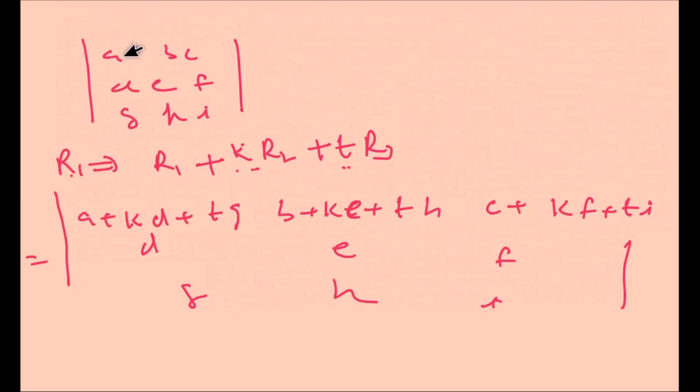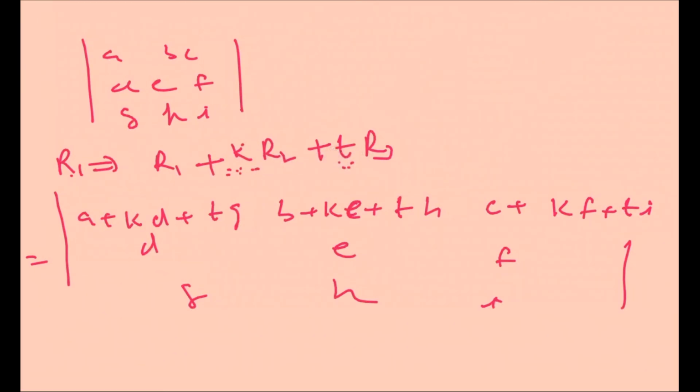Similarly, you can use the property in columns. Column 1 is changed by adding to it multiples of the other 2 columns. The constant may be plus 1, minus 1, 0, 2/3, or 1/3. So this constant will depend on you. According to the questions, we choose this value ourselves.